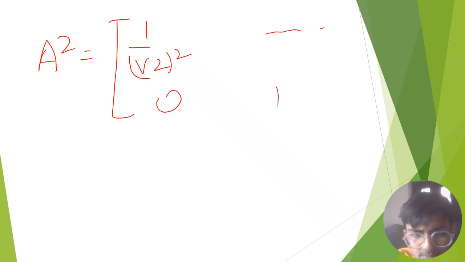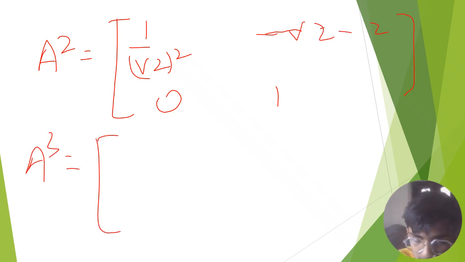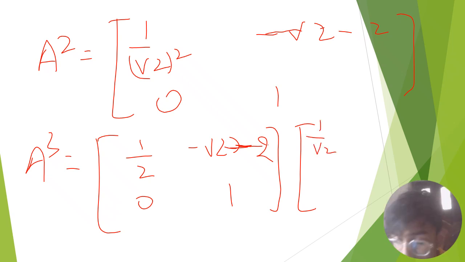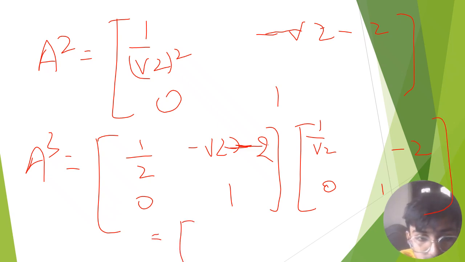That's coming 0, 1, and here something is going and minus root 2 minus 2. That doesn't matter. A cube: when you calculate A cube, it will be in this way: 1, something something here, that is minus root 2 minus 2, and 1 by root 2, 0, 1, minus root minus 2. Just see here, it is 1 by 2 root 2, and here it is becoming 0. This part is becoming 0, and there is something coming, and here it is also 0,